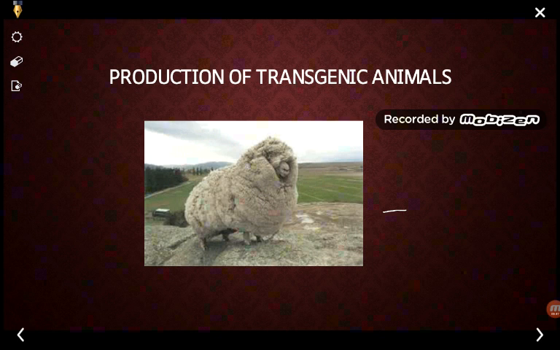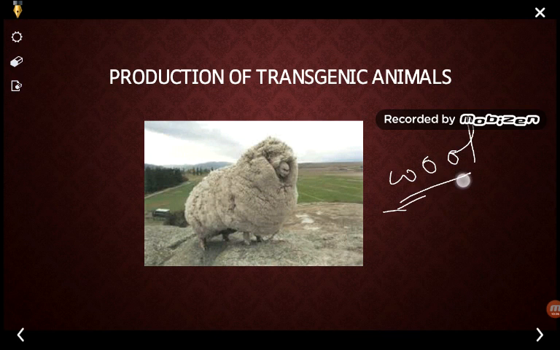It is again a modified animal. On the sheep certain genetic engineering has been done, and after that the desired gene can produce a greater amount of wool. So here we can say that more production of wool